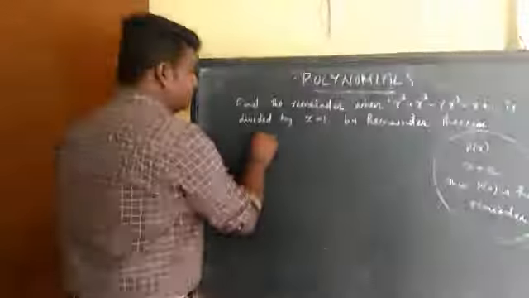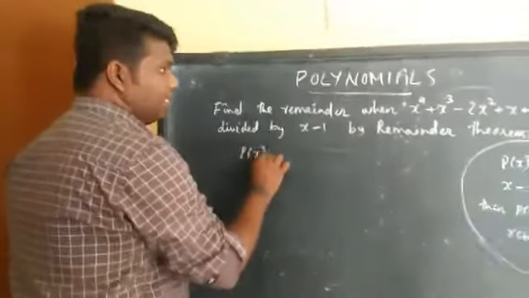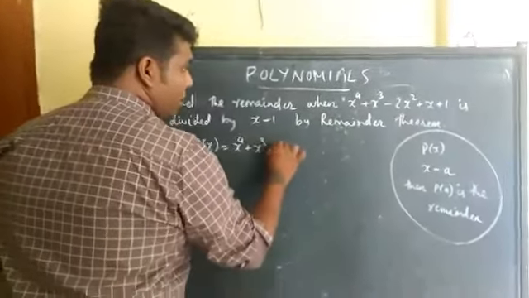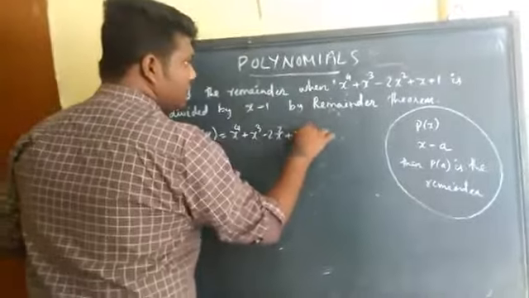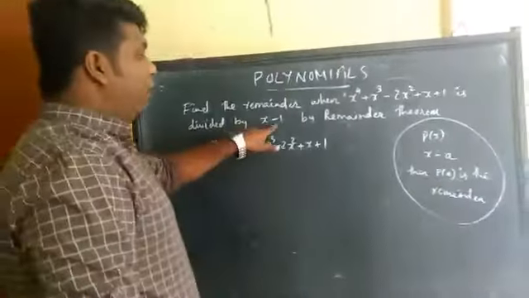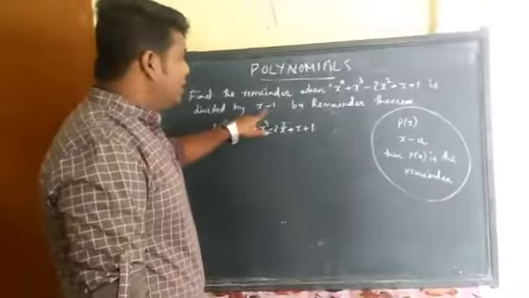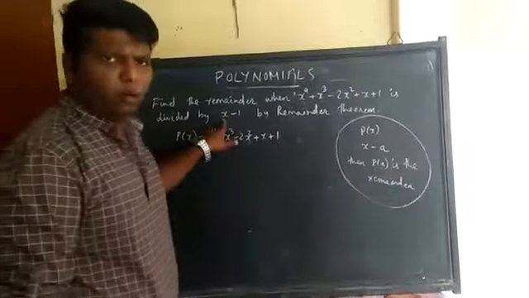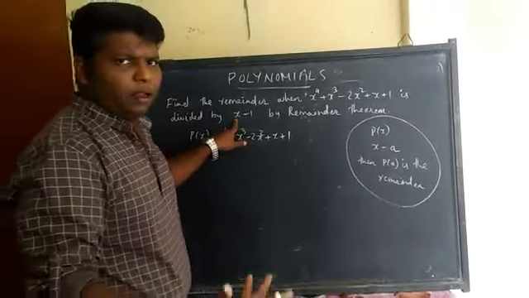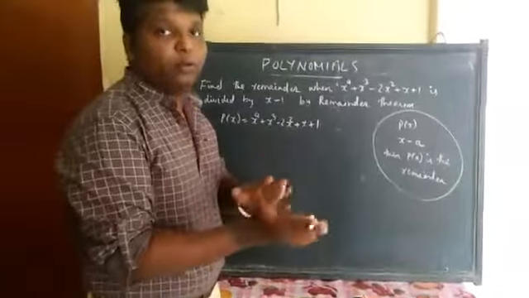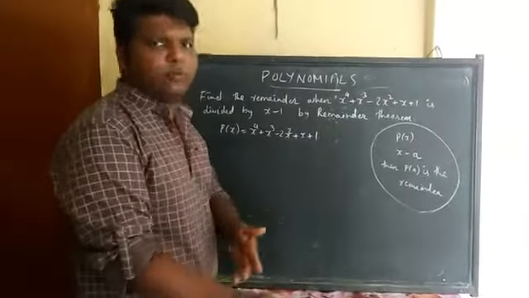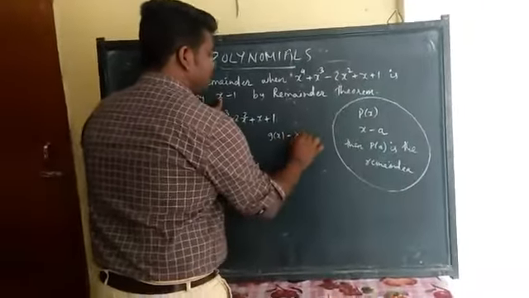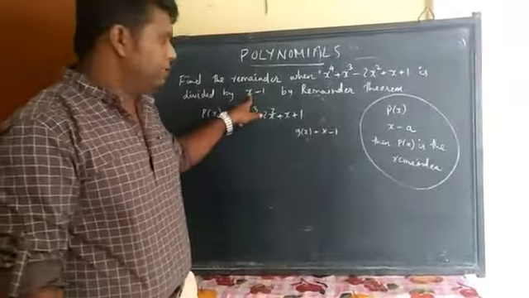So here our given polynomial is p of x, that was x raised to 4 plus x cube minus 2x square plus x plus 1. And now you have to divide this by this one. So p of x is this one and this one is g of x. Normally we will say g of x, meaning another polynomial. If we call both p of x, you will not know which one is our original question, so we call this g of x. Sometimes we take g of x is equal to x minus a, though writing it is not necessary.